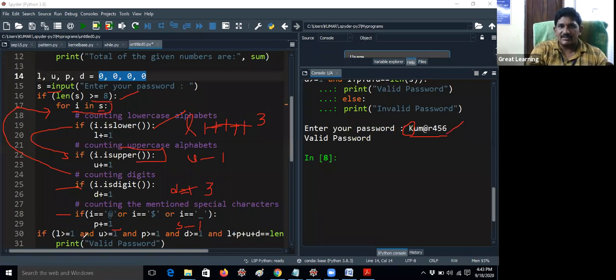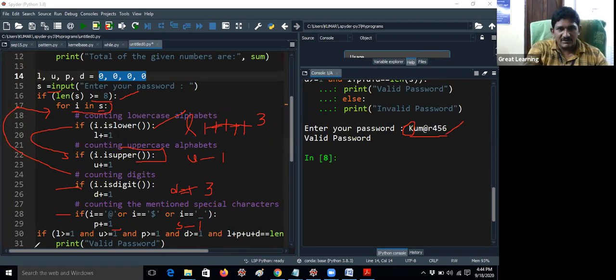L greater than equal to 1, that means the minimum number of lowercase letters should be 1, right? Because whenever you are giving a password, if you give one uppercase letter, one lowercase letter, one special character, one number, it will take only 4 values. But because the password contains more than 4 characters, we can repeat the uppercase letters or numbers. For example, I am repeating the numbers 4, 5, 6. If I give one number also, it is valid. That's not an issue at all. But the length should be 8, right?